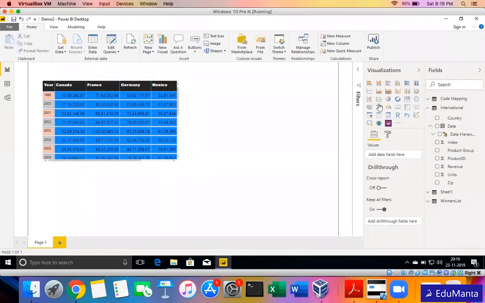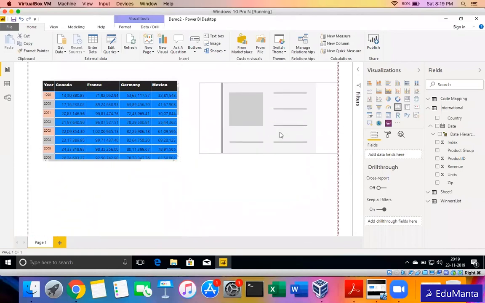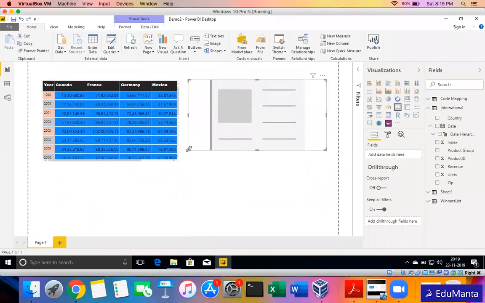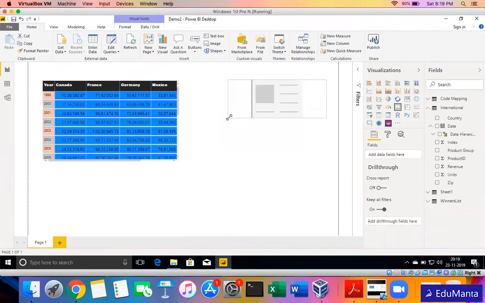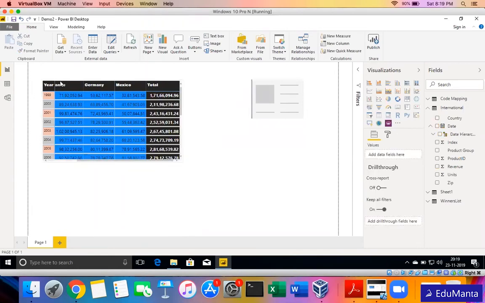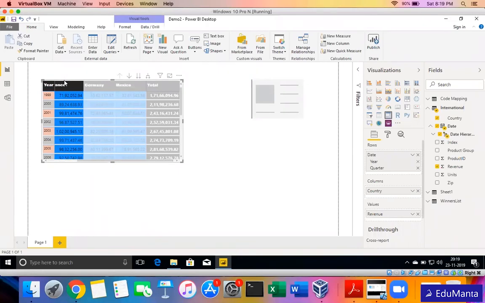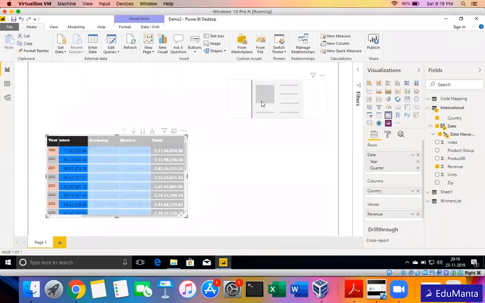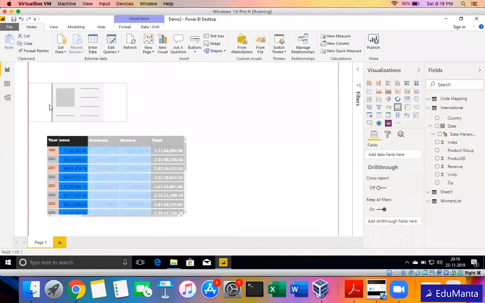Another very good visual to explore is this card. It's a very simple one, but very effective when we are creating a summary page or something, and very widely used like the projects and all I work in. Visual like this is very widely used whenever we are creating a summary page. Then what happens is on the top, just to give a display of the total numbers, so I can just bring in a card visual. I add a data field here, for example revenue.